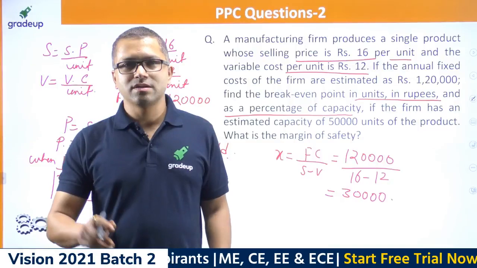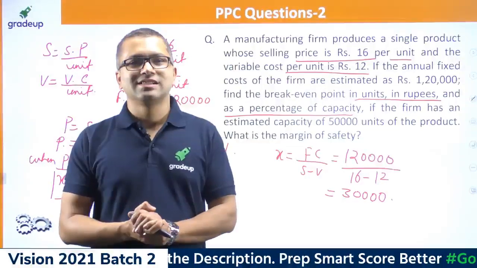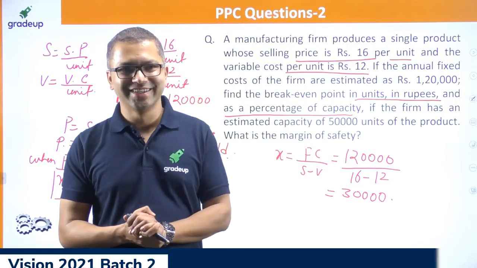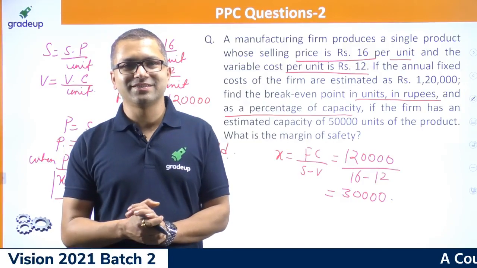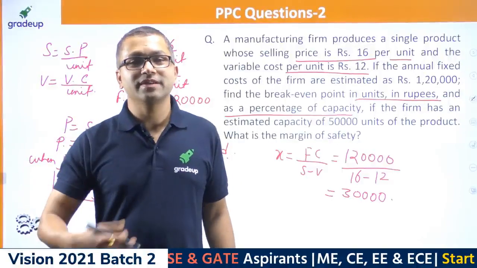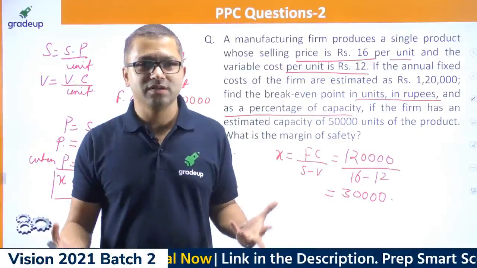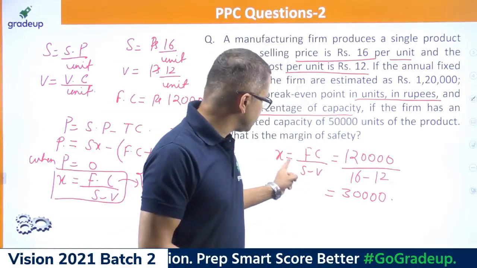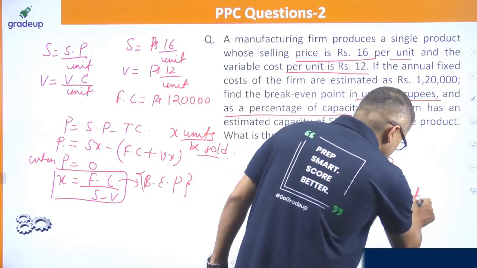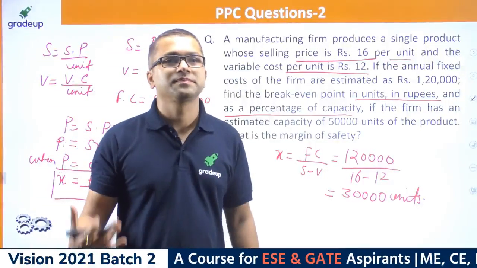Can you please type in your responses? No loss, no profit. Krishnaram, that's a child's definition. Don't take it very seriously, but yeah. I was expecting more, obviously you have calculated this. What does it mean? What does the break-even point, X equals 30,000, mean? That is nothing but units, right? So just type in, guys, what is the meaning of 30,000 units?